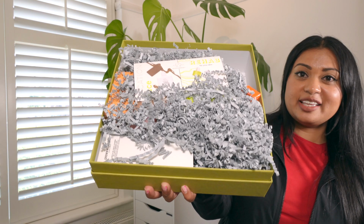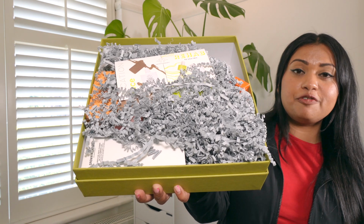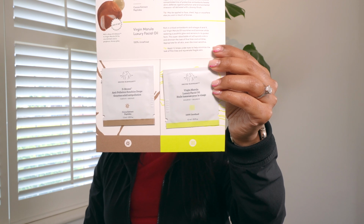So as you can see, this box is brimming full of products. It is completely full, and I am so excited to open these up with you guys. So the first thing that I see here is actually sachets, and these are from Drunk Elephant. There are 2 sachets in here, the Drunk Elephant D-Bronzi